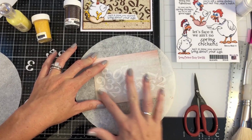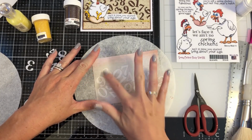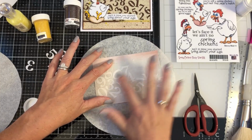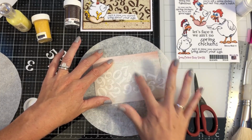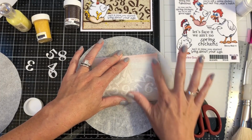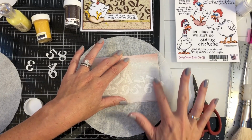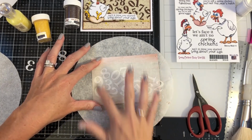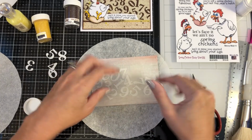So I'm applying a heavy amount of pressure because I want to make sure when I add my darker color next that no space, no adhesive does not have glitter on it right now. So really give that a good rub down. And I didn't do this with the whole